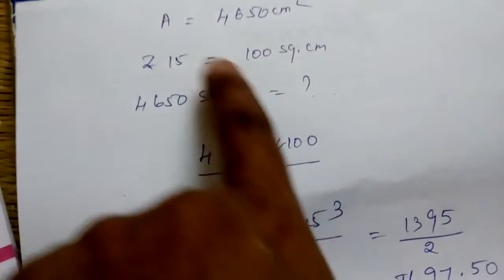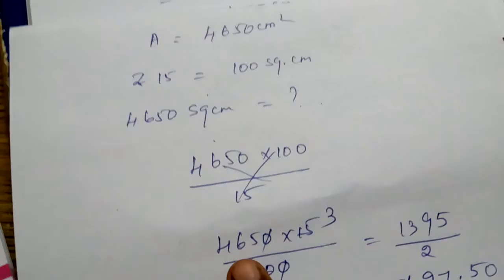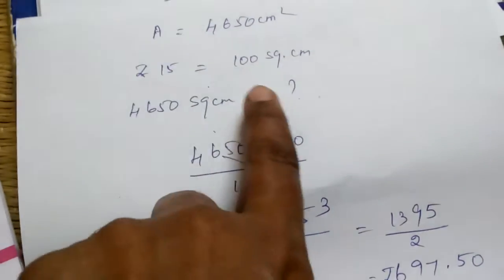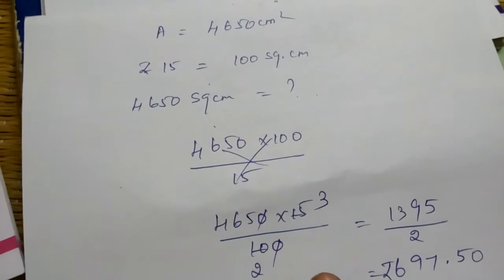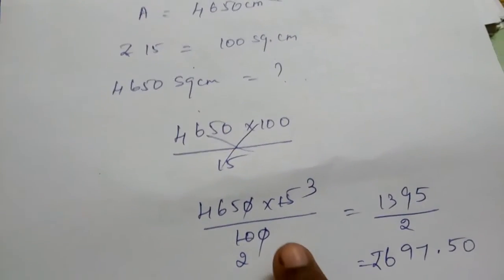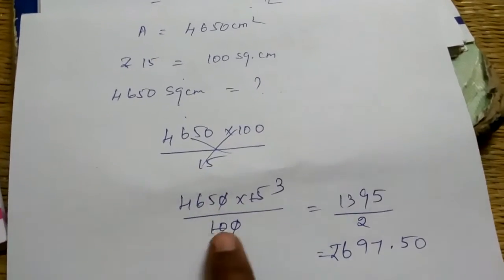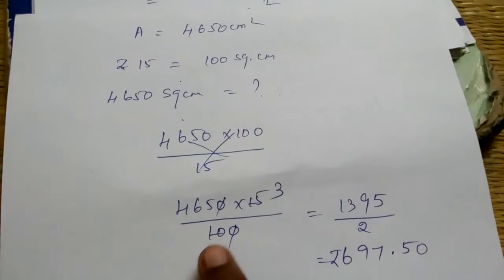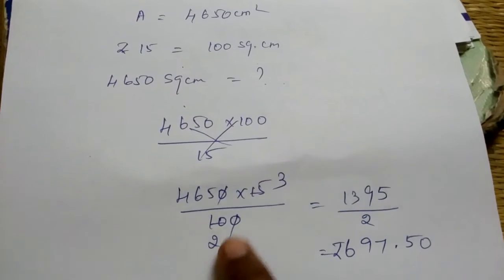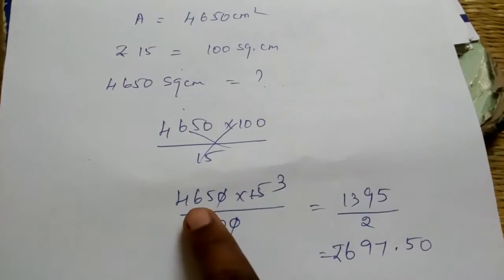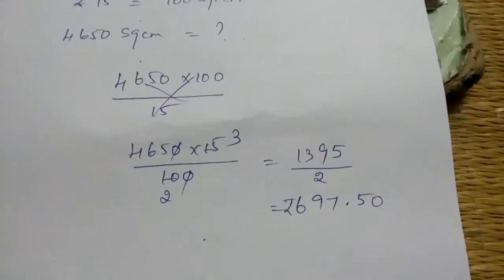So what we can do is this into this by this. Proportion and variation we have studied. Okay? So 4650 into 15 by 100. So that we will come to know the amount for 4650 square meter. Is it clear? So when I am cancelling the zeros and then by 2, then after this I could not reduce further, so I just multiply and then divide. So I am getting the value as rupees 697